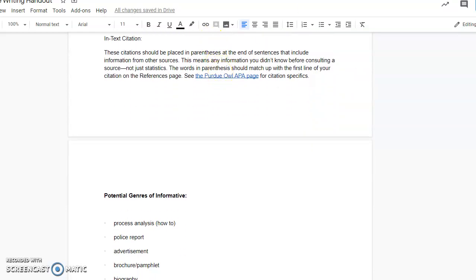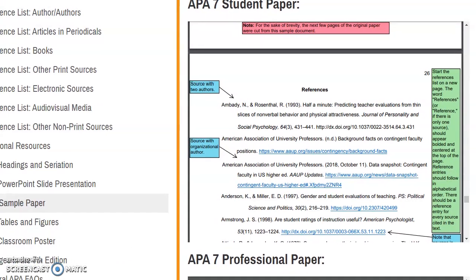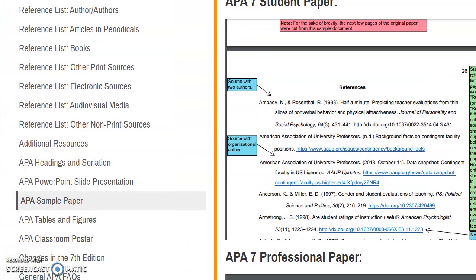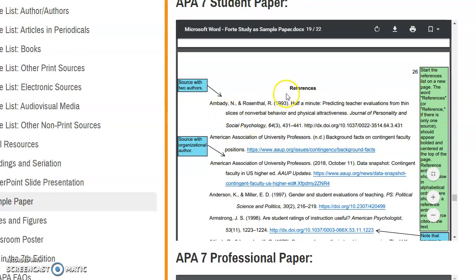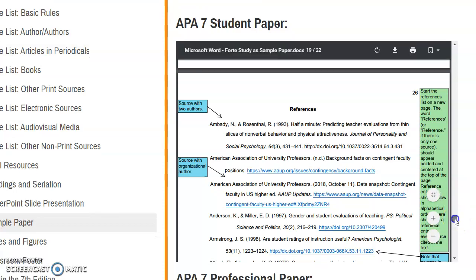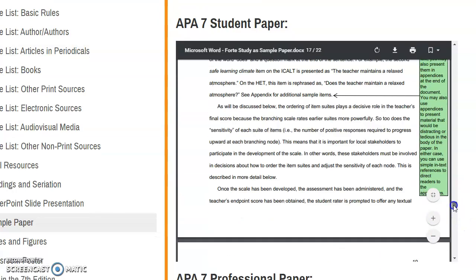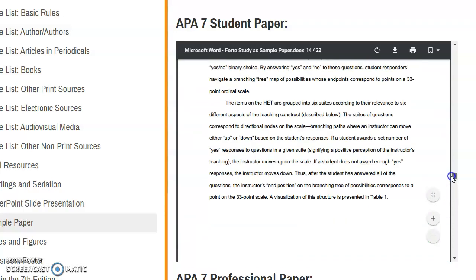The Purdue OWL APA page has a great set of APA materials, like the APA sample paper. And you see on this, your references page is going to have all of the sources you consulted in alphabetical order. And when you would go about citing any of these, like if you look at the sample paper, an in-text citation,